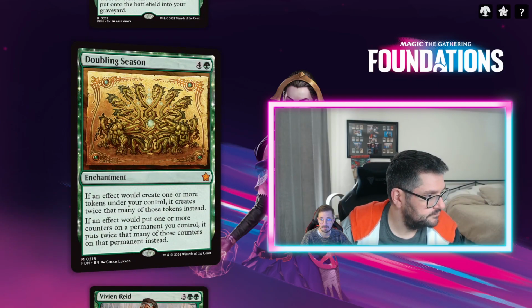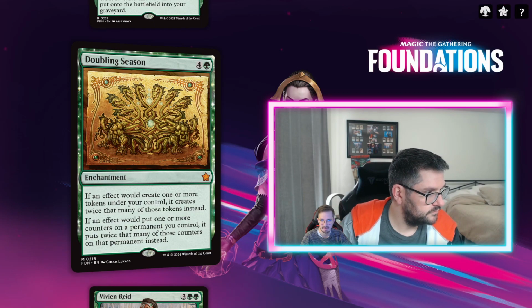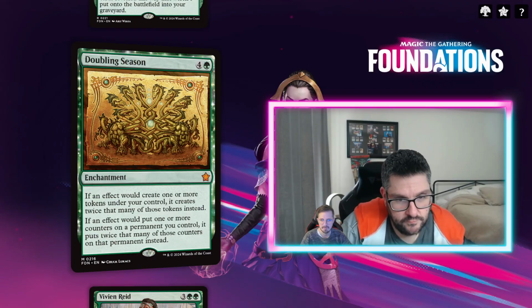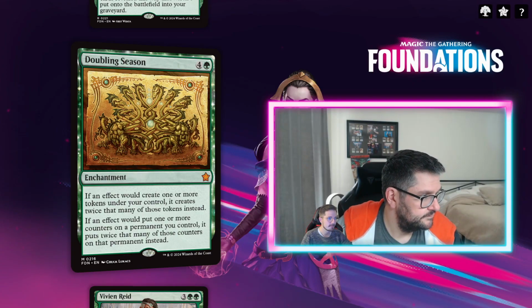Doubling Season for 4 and a green enchantment. If an effect would create 1 or more tokens under your control, it creates twice that many tokens. If an effect would put 1 or more counters on a permanent you control, it puts twice that many counters on that permanent instead. This is always a trap. Basically always a trap. Unless you had very good card draw to know that